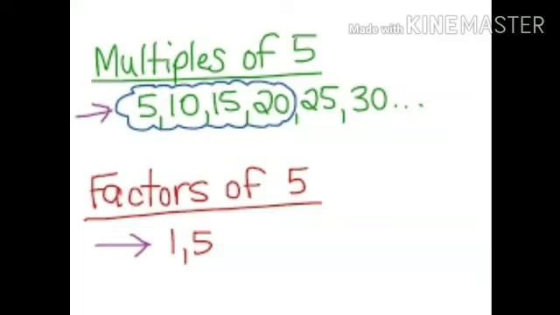Like we have a number 5. Here we have multiples of 5, and then we have factors of 5. I will tell you with the help of an example. When we have to write the multiples of 5, we will read the table of 5 and we can write the multiples of 5. 5 ones are 5, 5 twos are 10, and so on. But as you can see, there is no end.